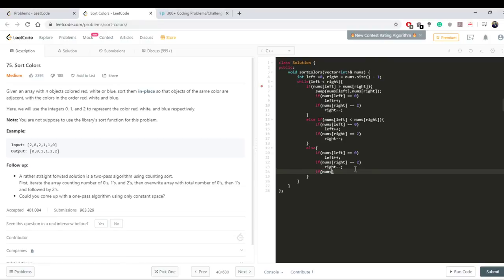If nums left equals 1. So if they're both the same, okay. If they're both 1,